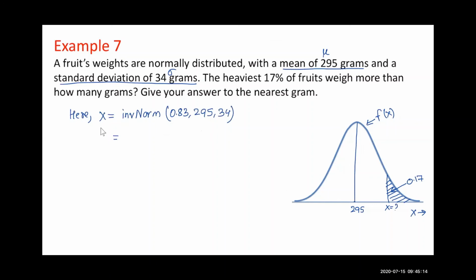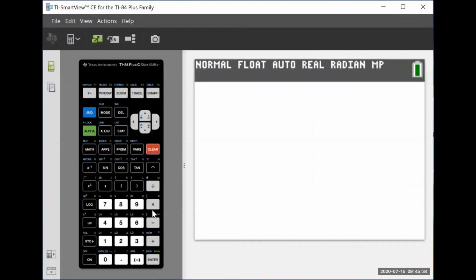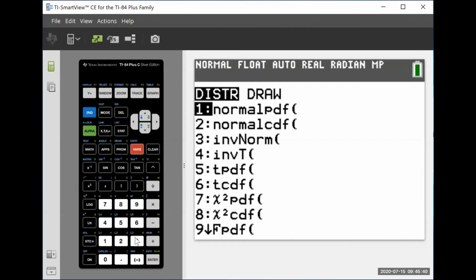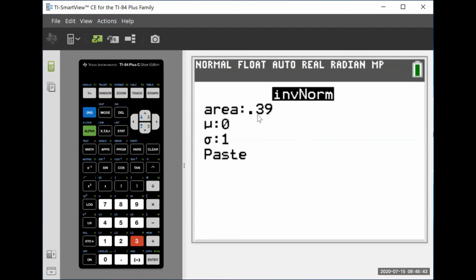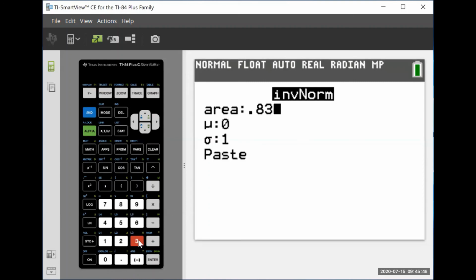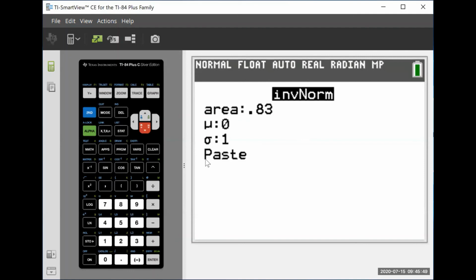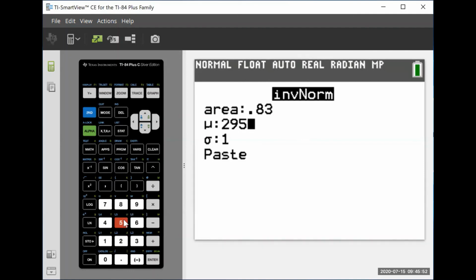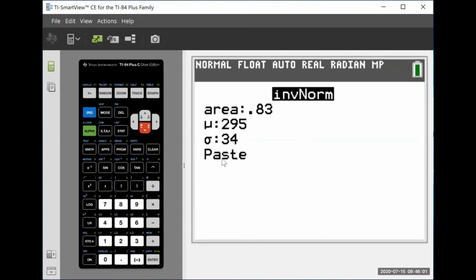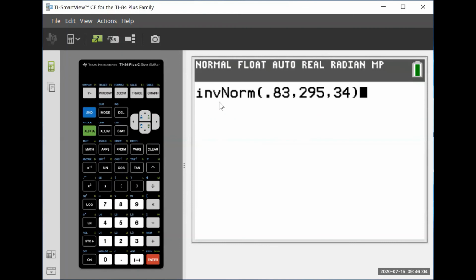Now we are going to type all this information in our calculator. There is my TI-84 calculator. Now let's go to second, then vars and number 3. First we type the area on the left. Area on the left is 0.83. Then the mean is 295. After that, we have the standard deviation, which is 34. Paste that information in the main screen. That's what we wrote on paper. Enter it and you got the result. And our result is, just write that down,